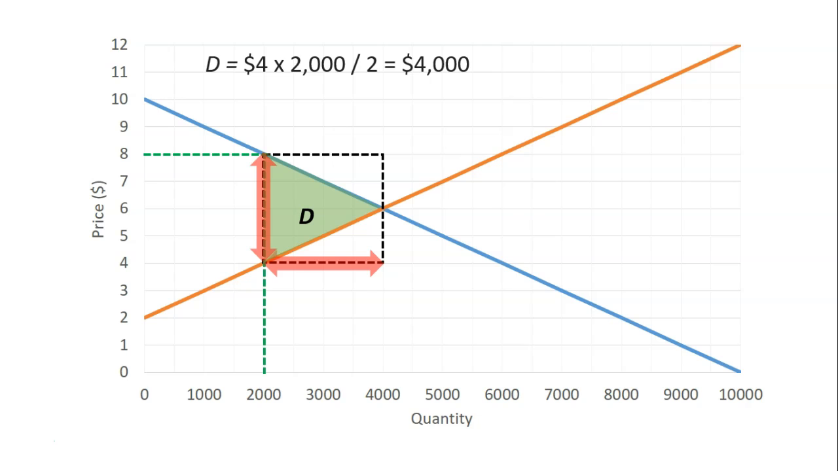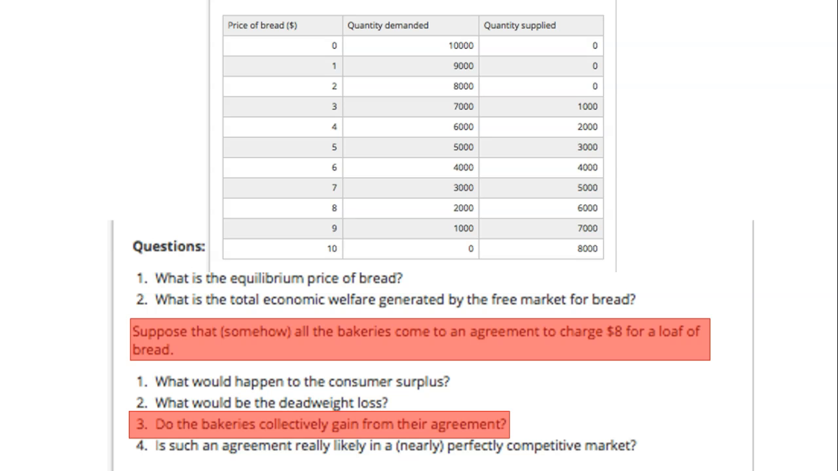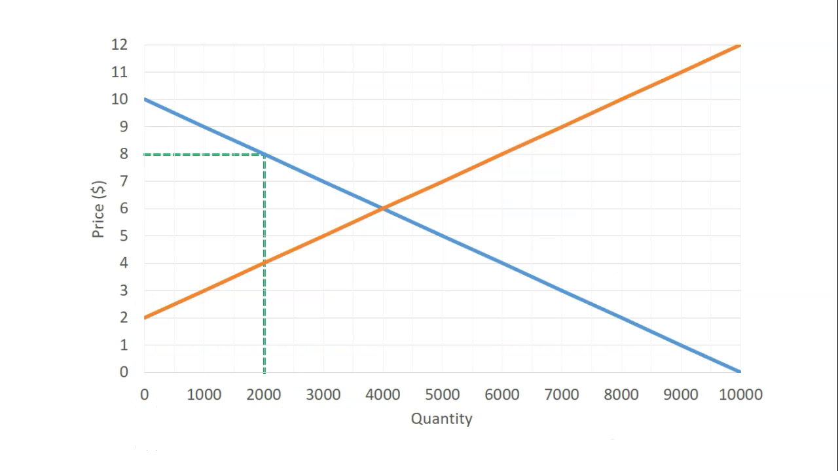That's lost economic welfare. Do the bakeries collectively gain from their agreement? Well, in order to figure that out, we need to compare what the producer surplus is under the collusive agreement versus what the producer surplus was when the market was in equilibrium. So let's calculate our producer surplus. It's this area here, the area above the supply curve, up to the quantity that will be supplied to the market, and below the price that's being charged of $8. Now that's an odd shaped